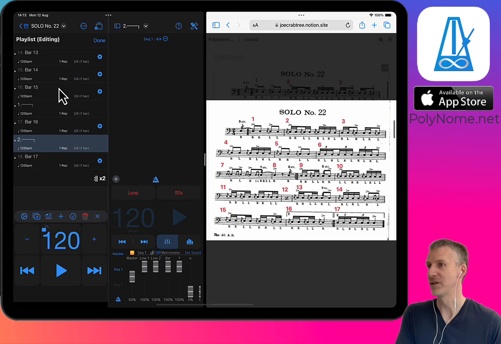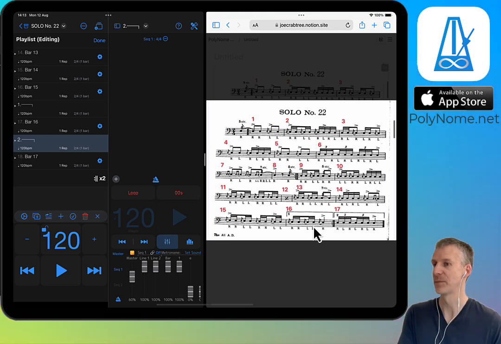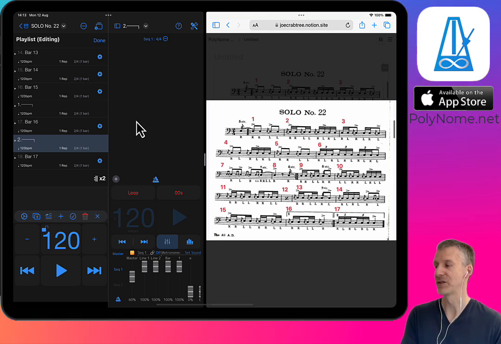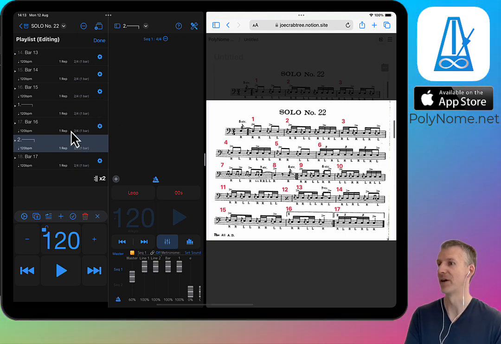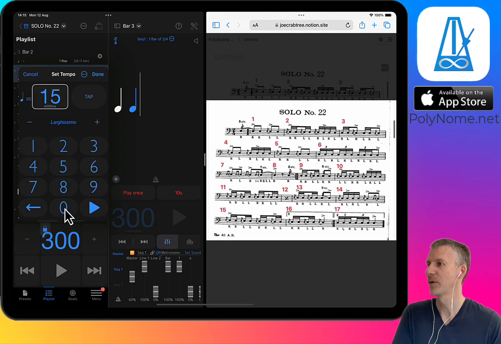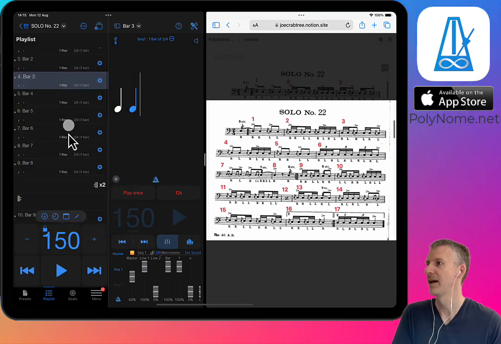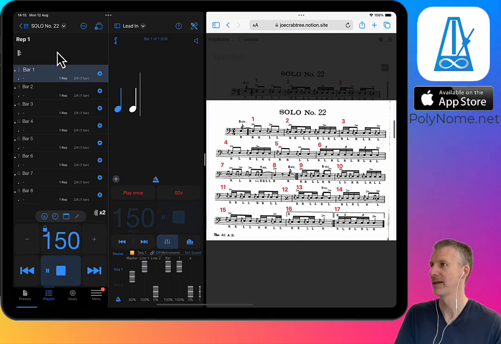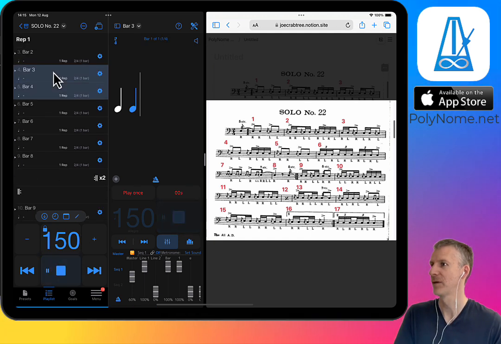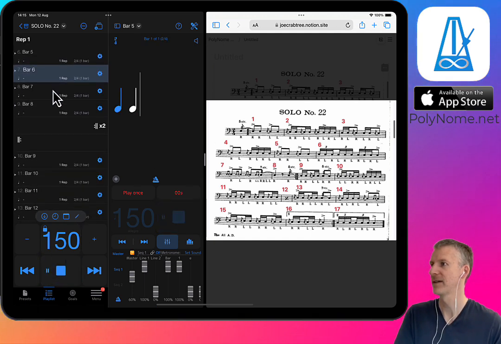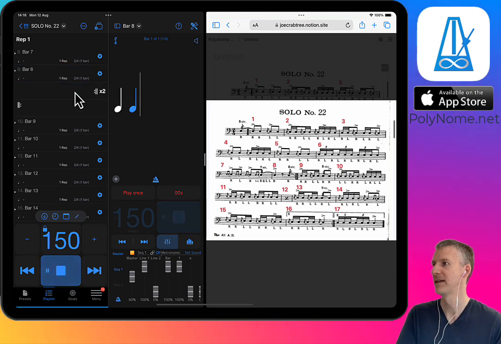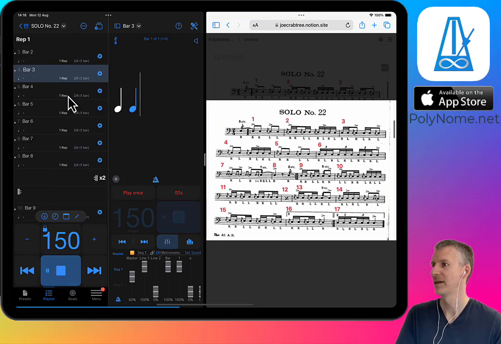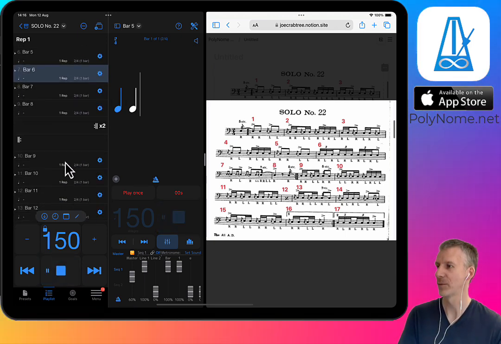So now what I want to do is just check that this structure is playing back correctly, because you might not want to program in the whole rhythm. You might just want a click that tells you which bar you're on. I'm going to set the tempo to 150, and we'll just follow this structure through and see if it does what we expect. Lead in, bar 1, bar 2, 3, 4, 5, 6, 7, then it should repeat back to bar 1, and it was 2 repeats, so now it should jump through to bar 9,